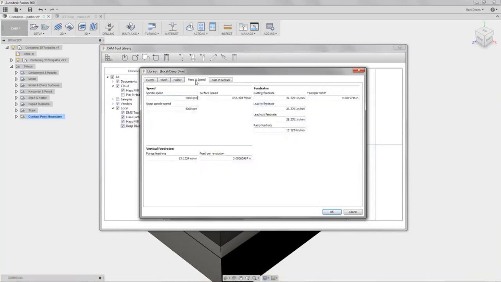In the feeds and speeds tab, I can assign feeds and speeds to this tool, and these will be kind of like the default feeds and speeds. So when I select this tool for an operation, these are going to be imported into that operation, but I can always change them for that individual operation. So I like to think of these as like 90% of the time or 60% of the time, what are my go-tos for this particular type and size of tool. And obviously it's not going to be the same every time, but just kind of a standard